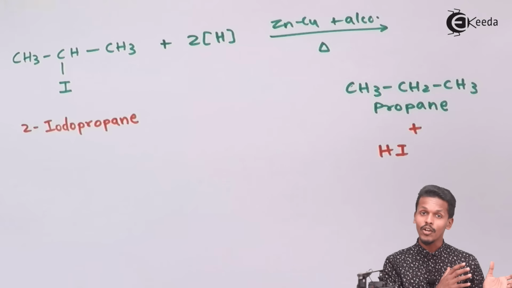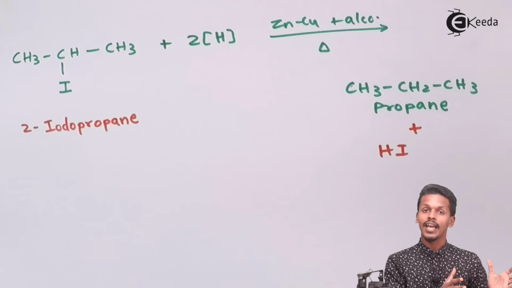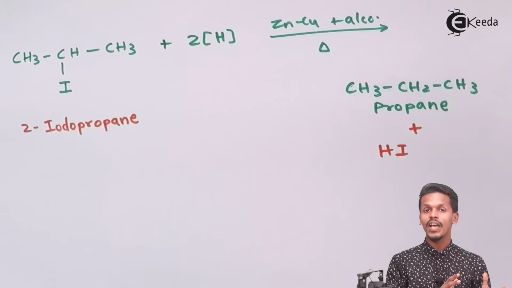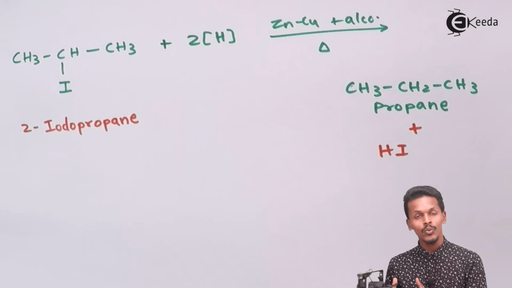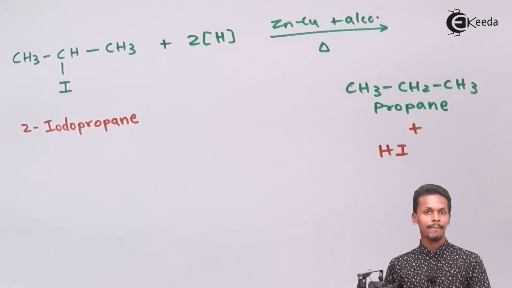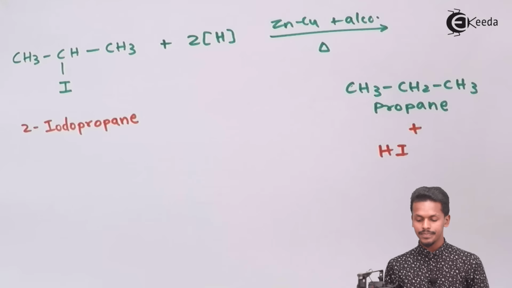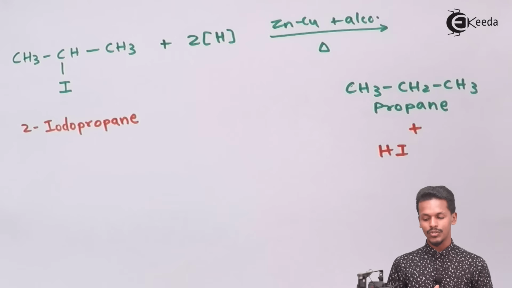And I have specified earlier also, because there will be some kind of reaction where we have to observe whether the number of carbon atoms is the same or not. So this is the only case where the number of carbon atoms remains the same, and that kind of alkyl halide is converted into an alkane, that is propane in this case. So this is where we will only use zinc couple and alcohol, so as to prepare a